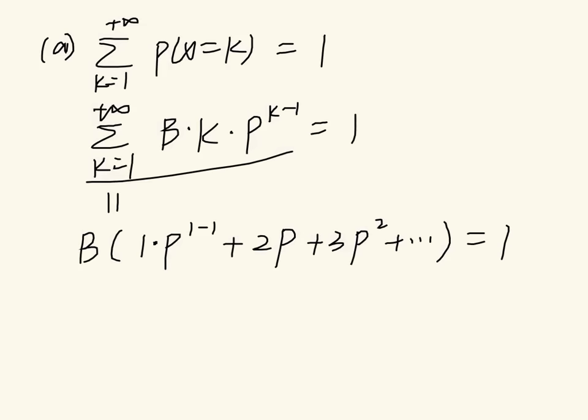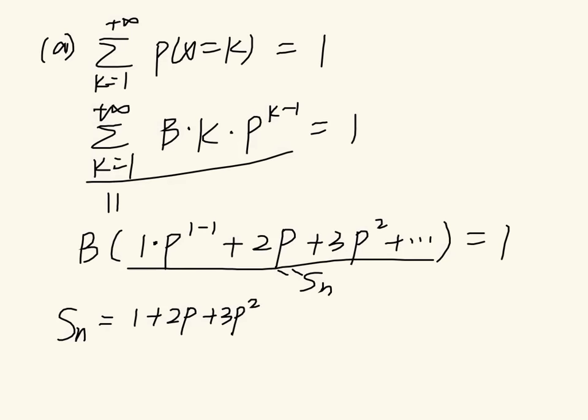And we set this term equal to Sn. Sn is equal to 1 plus 2 times p plus 3 times p squared plus dot dot dot, which is equal to 1 over b. And this term is equal to